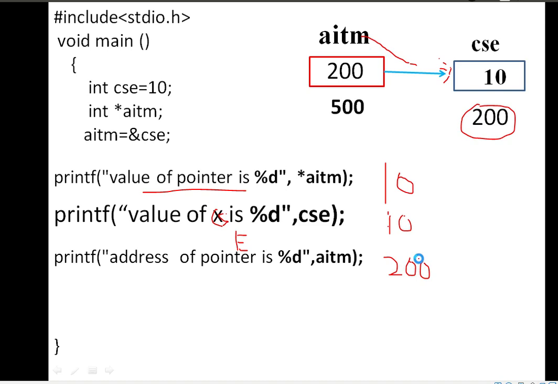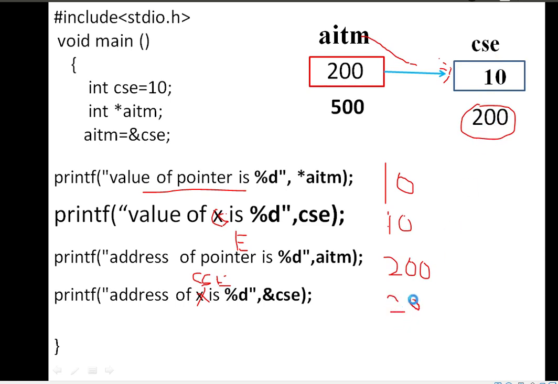Now the next statement, address of CSE. What is the address of the CSE variable? 200. So this is our pointer concept.